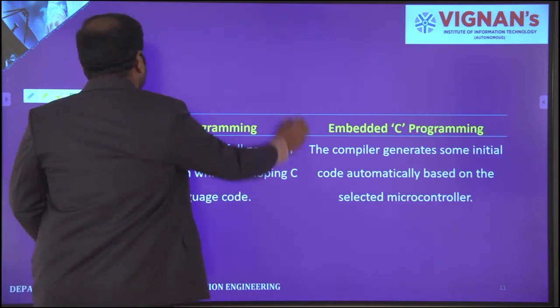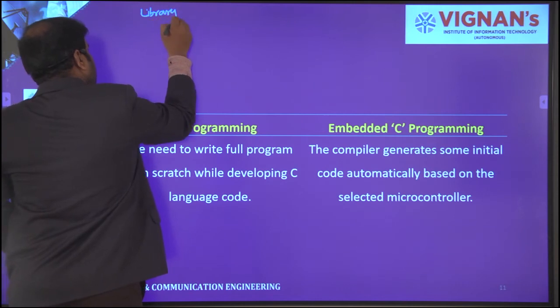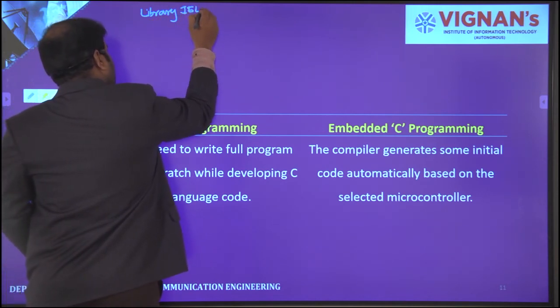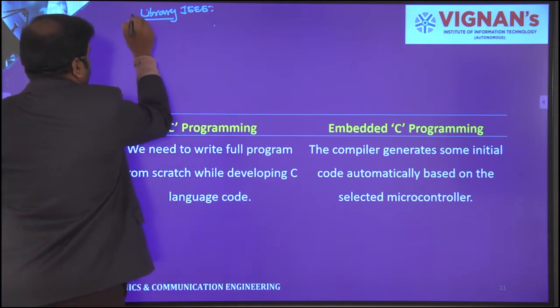Let's have an example over here itself. For example, I am writing one program in VHDL because I would like to implement this code using Xilinx. So library IEEE. The word library will be in blue color.